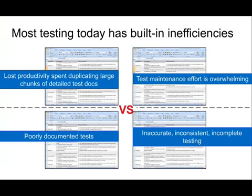And it really relies on people assuming that the tester knows the application, and that that tester is going to be around the organisation forever. So if somebody else happens to come in, then they don't necessarily have all the detail because it's not been documented properly, and that leads to all these inaccurate and inconsistent testing steps. So with that in mind,